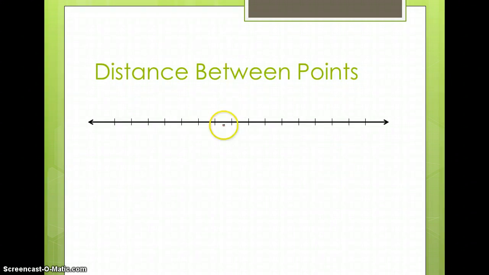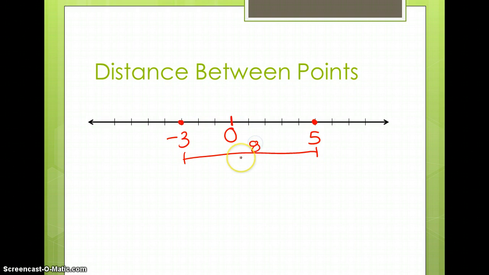Another application of absolute value, if we have a number line, so let's say I'm going to use the points 5 and negative 3. Absolute value can also be used to find the distance. It's pretty easy once you graph it to see the distance between 2 points being 8, but how else can